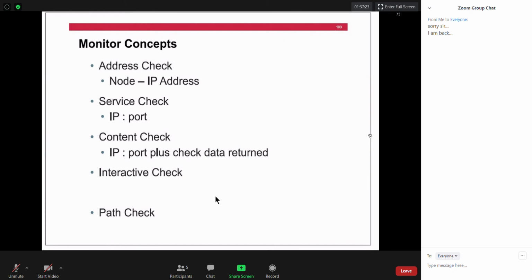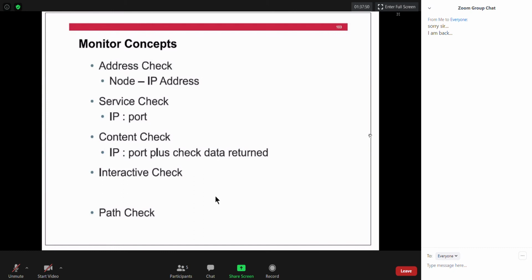If you can verify reachability with that IP address, that is known as address check, and that is sufficient because you just want to monitor your server. ICMP is the best solution for this kind of monitoring.